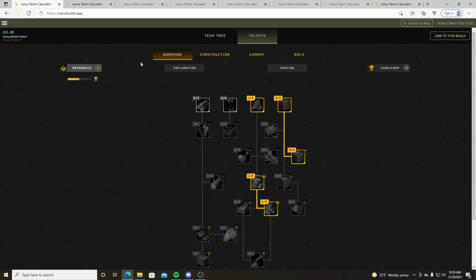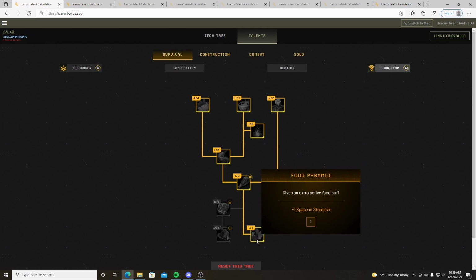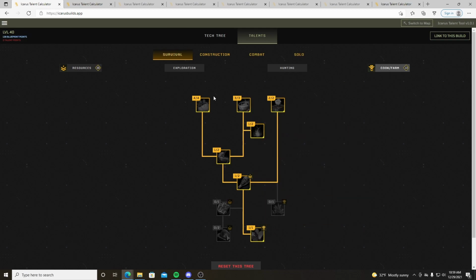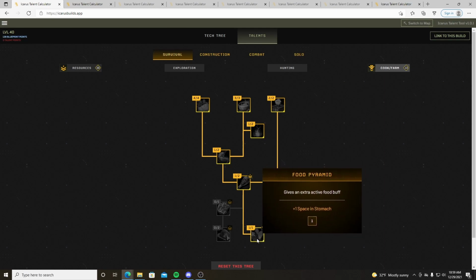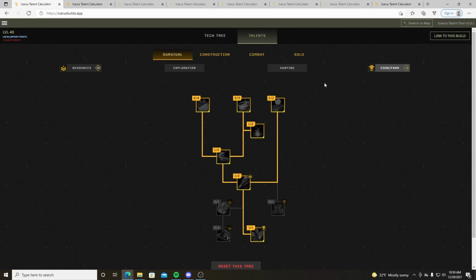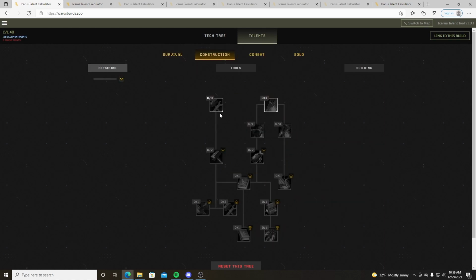But then to cooking and farming, like I said, I got down to this one. I got these, got one of each of these, and then got down to this one. Super good for tier 3 foods, like overpowered, but you got to get to tier 3 foods. Nothing in construction